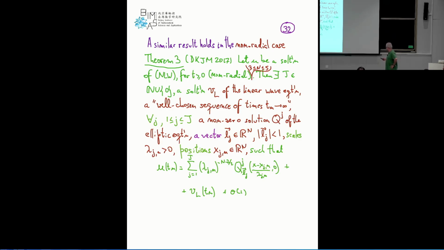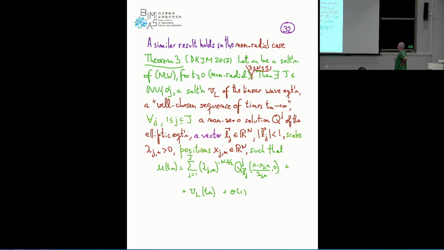And then we were able to also prove a similar result in the non-radial case. This was in joint work with Howard Jia, Duyckaerts, and Merle in 2017, where we showed that if u is a solution, non-radial, for dimensions between 3 and 5, then you can find the radiation term as a solution of the linear wave equation,